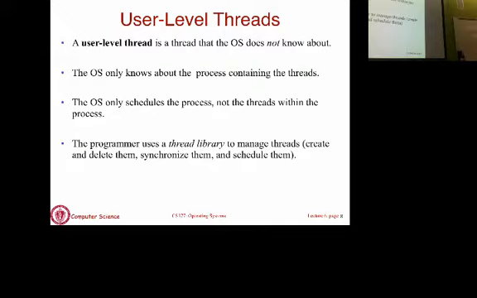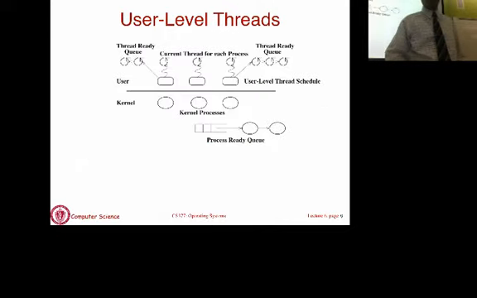This is because the OS cannot directly schedule a thread. In kernel level threads, the OS could have actually picked a thread directly to run. It doesn't have to pick a process and then a thread. It can directly pick a thread, and that will implicitly belong to a process. So there's a thread library to manage threads, which is going to allow creation, deletion, synchronization, and so on, including the scheduling.